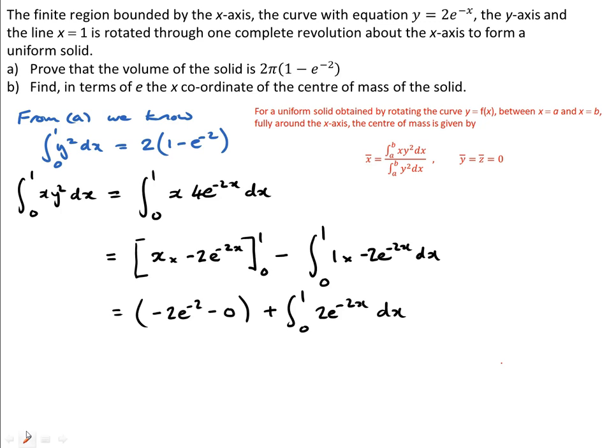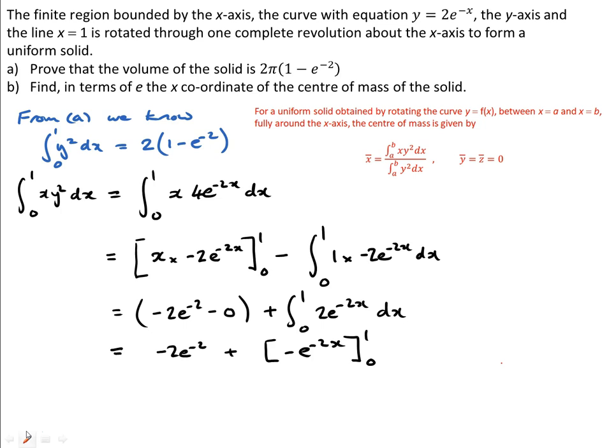When we substitute in the limits for the first part, we first of all get minus 2 times e to the minus 2, take away 0. And then we have got still to add on the value of the integral between 0 and 1 of 2e to the minus 2x. So that's going to give me minus 2e to the minus 2 plus